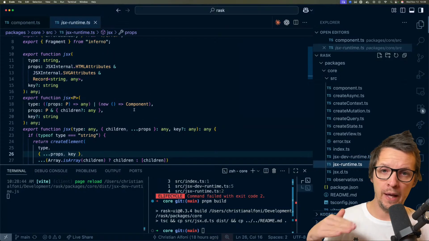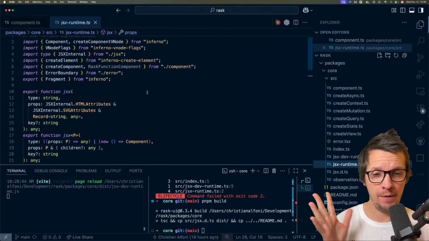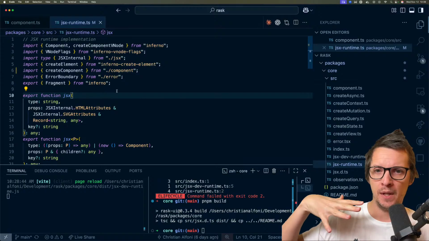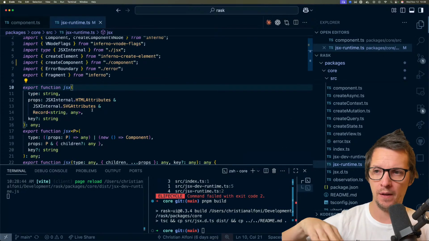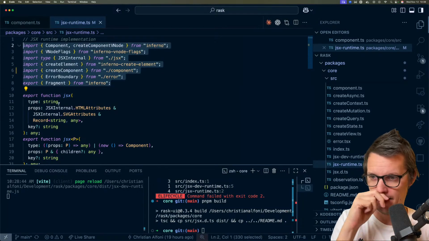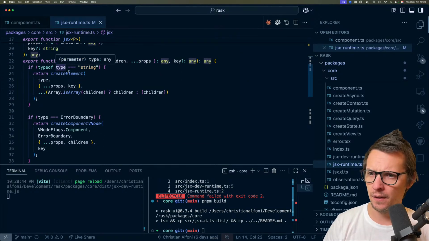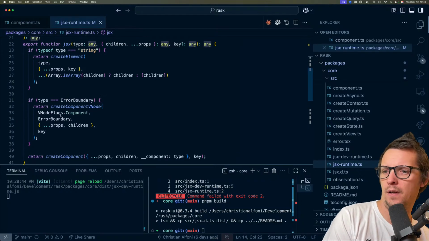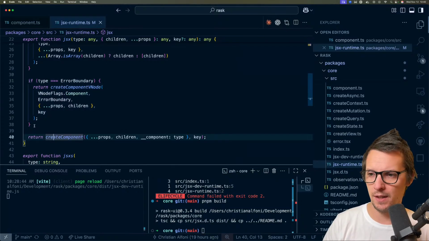We have this JSX runtime, which Inferno and React also have. But what we're doing is, instead of using Inferno's JSX runtime, we use our own. But then we implement what the Inferno JSX runtime has. So you can see here, if it's type of string, we create an element, and if it's type of error boundary. So yeah, and that's also the really nice thing,